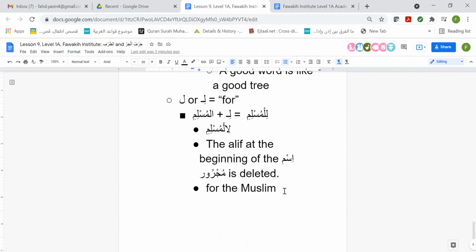As you can see, this is why knowing the ins and outs of the rules of the case endings, the rafa, nasab, and jar, is so important, because it comes up constantly. And this will not be the last time you hear about it. I'm sure you'll hear about it in levels 2, 3, and 4, because it all builds up. Grammar is not an isolated science, just like language is not an isolated science in any language, but especially Arabic. You have to know it really well at all times because it always builds up on it, right?